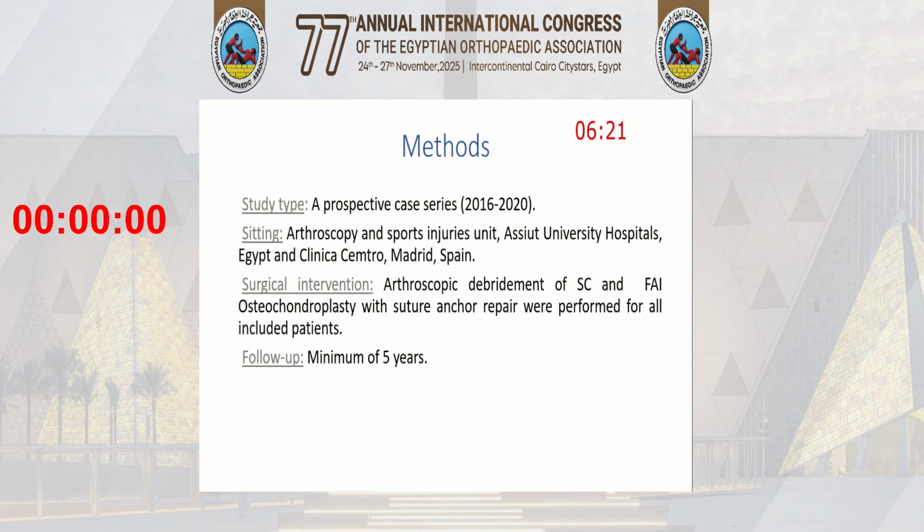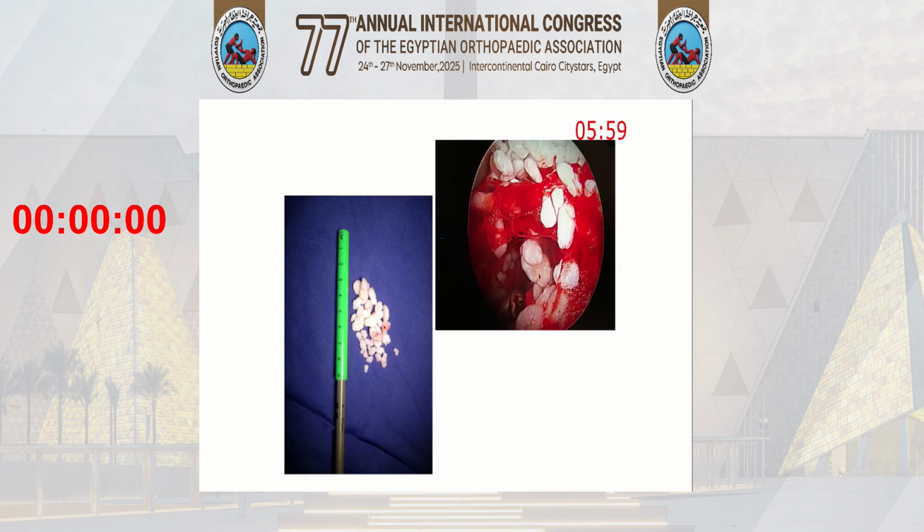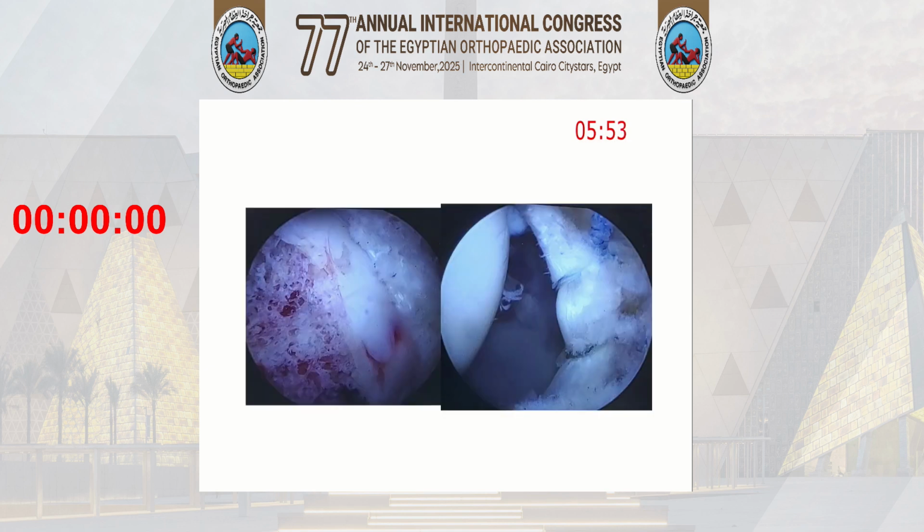And as Dr. Ahmed said, all patients were diagnosed with femoroacetabular impingement, so we did arthroscopic FAI osteochondroplasty with suture anchor repair in all of those patients with 5-year follow-up. The diagnosis was confirmed by clinical examination, positive FADIR test, plain X-ray, and MRI, and we went for arthroscopic debridement, removal of the loose fragments, and we did the classic osteochondroplasty using suture anchor techniques as our colleagues